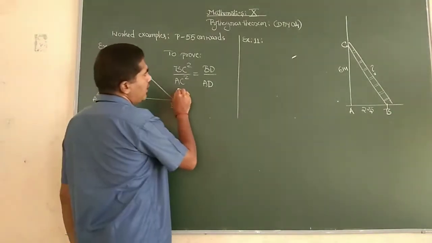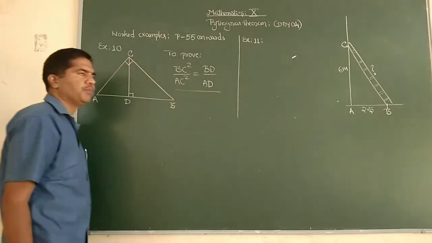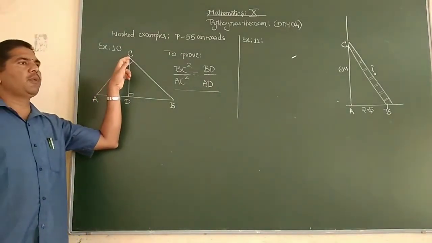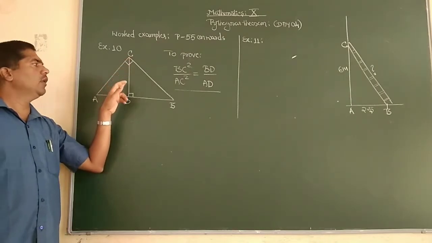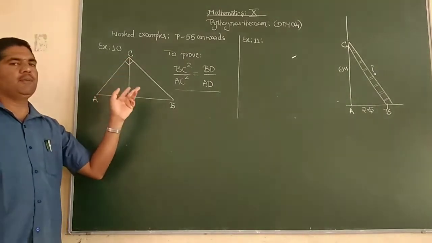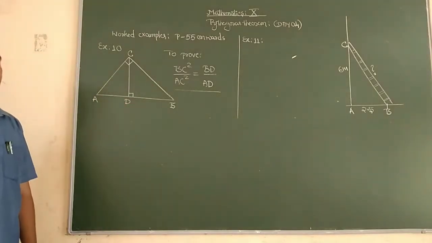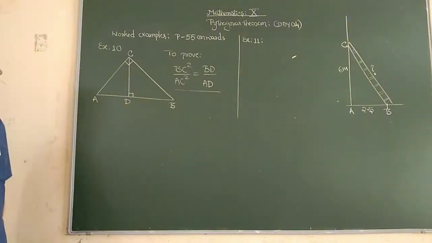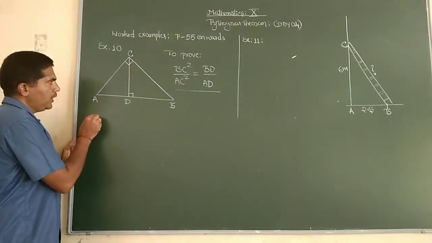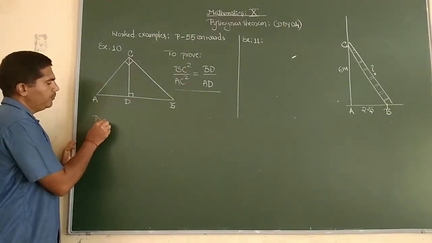Now, you need not worry what to prove. What we know from Pythagoras theorem? You have drawn a perpendicular from the vertex. Now, these two triangles are similar to the original triangle ABC. You have done the Pythagoras theorem proof only. So, we shall use the same thing now. Solution or the proof I am writing now.